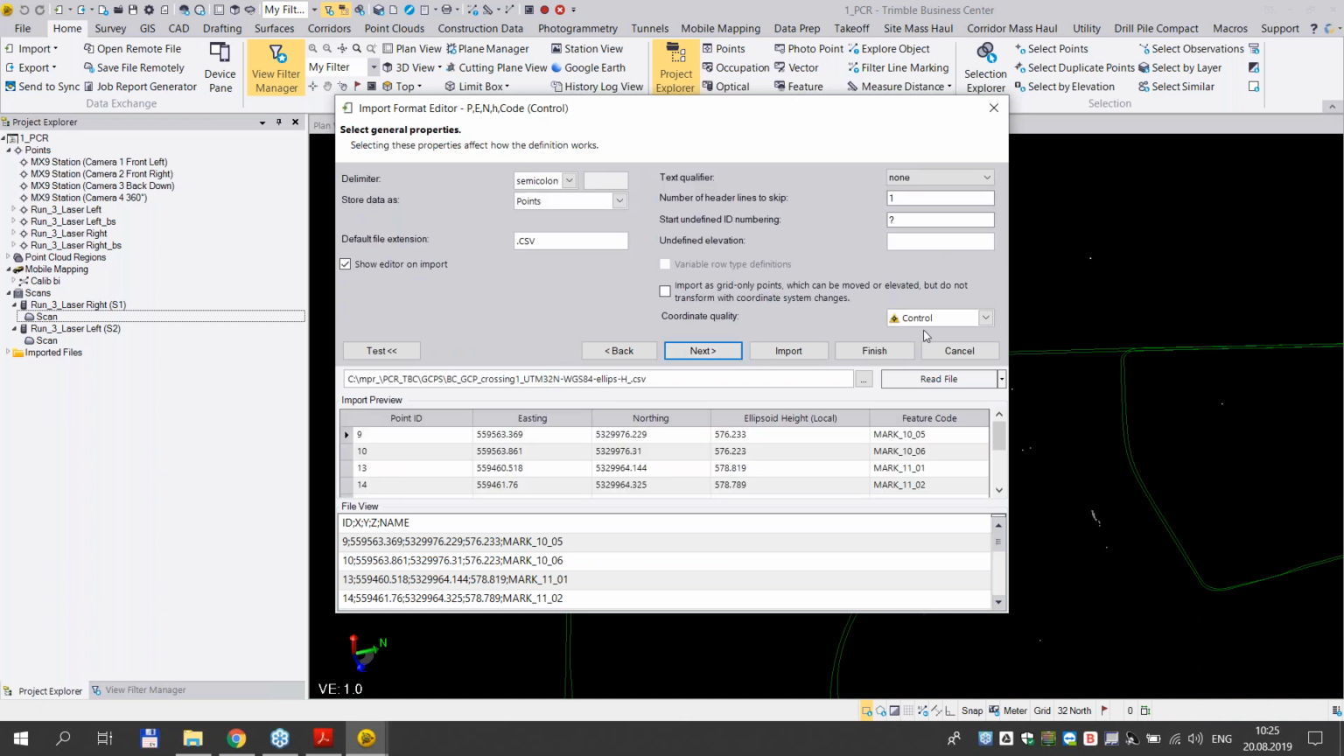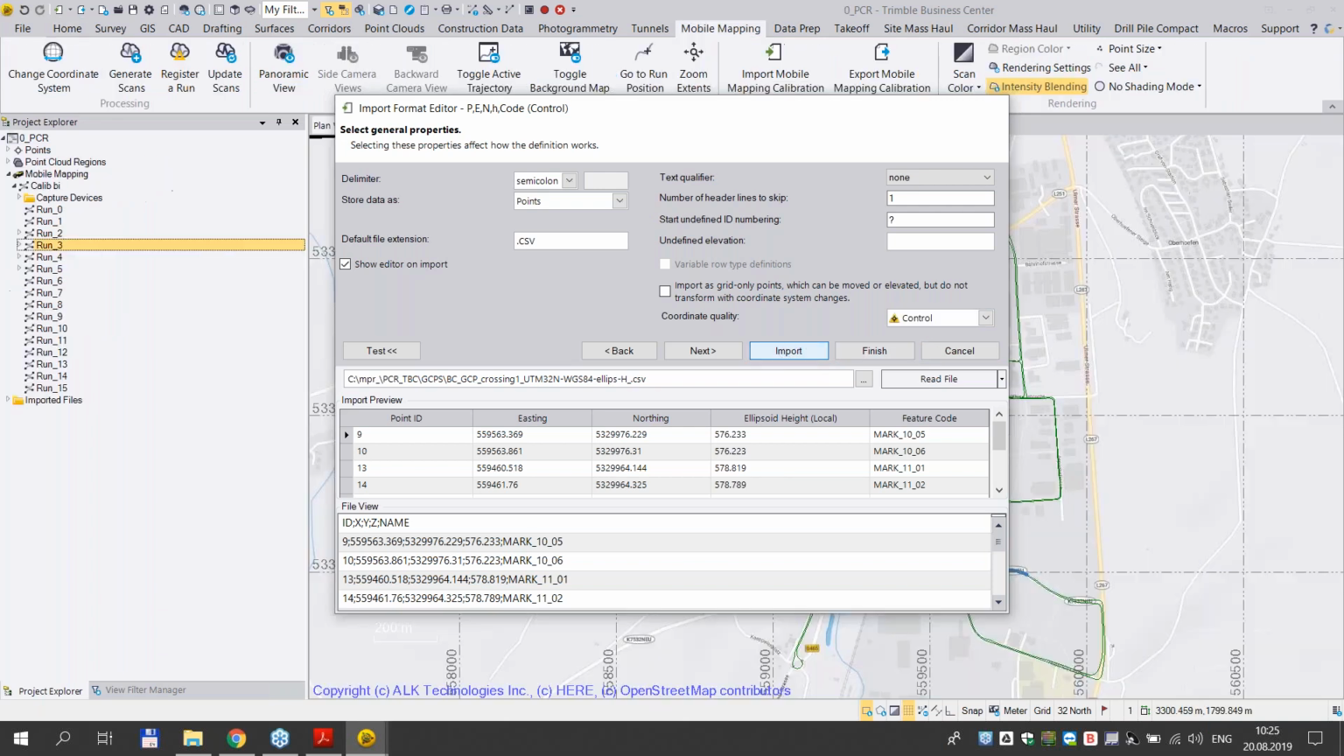quality of the coordinate system. This quality means how TBC will use the coordinates of these points in the calculation of your parameters. In case in the processing you are interested in changing it, you will be able to change it only if you imported the points as control points. So here I'm ready to import my points,